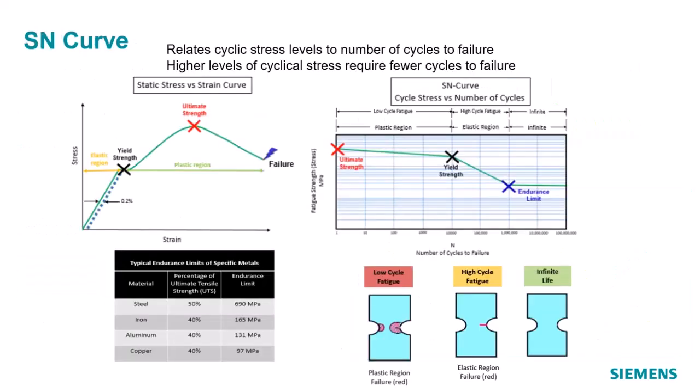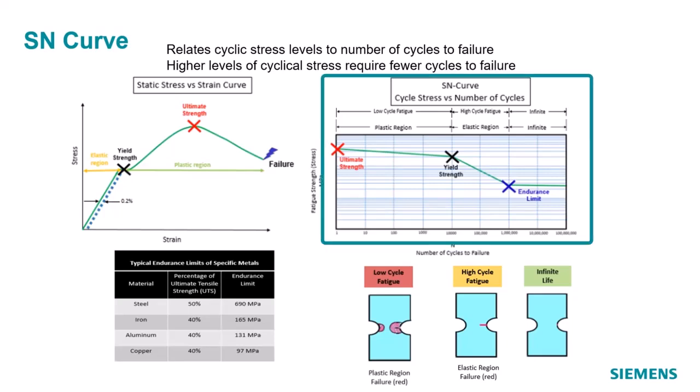If we look at further details about the SN curve, we'll see that this is the same shape that I was showing earlier, this downward slope, and then we'll commonly see a shape like this. It starts from this point due to cyclical loading, and then there is a slope part, and then there is a flat region. The flat region means that when the stress levels are less than this, the material can last for infinite life. That is called the endurance limit. That is the stress below which the material will have infinite life.